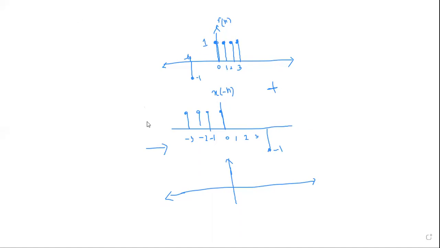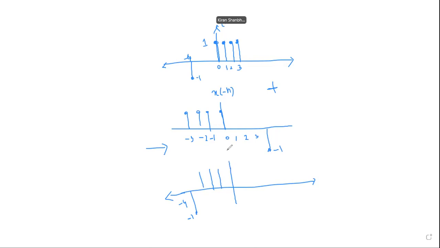So, Ilaf, you have the answer ready? See here, I have to add these two. Very poor drawing here. I should have drawn them one below the other. Anyway, let us start. At -4, what do we have? Amplitude -1, at -4. Okay. At -3, what do we have? Amplitude 1. At -2, amplitude 1. At -1, amplitude 1. Okay. Now be calm and tell me, at 0, what do we have?